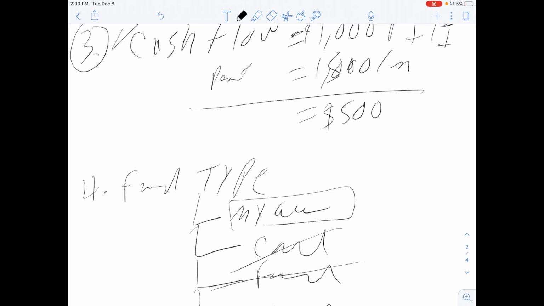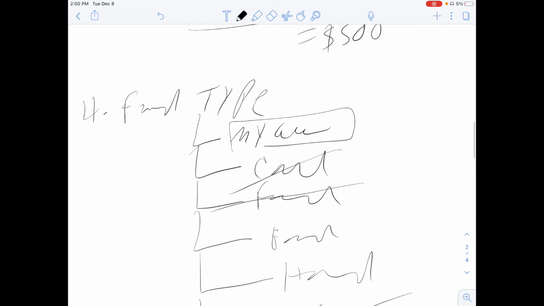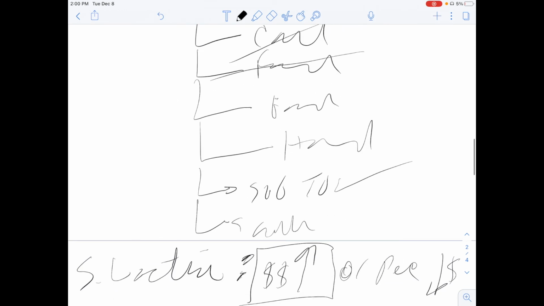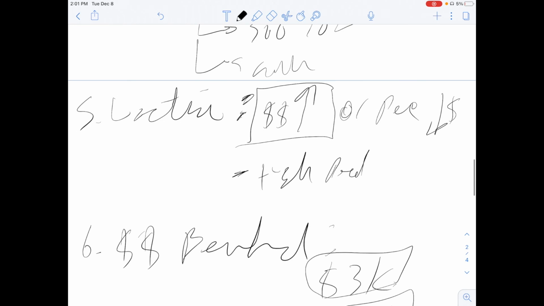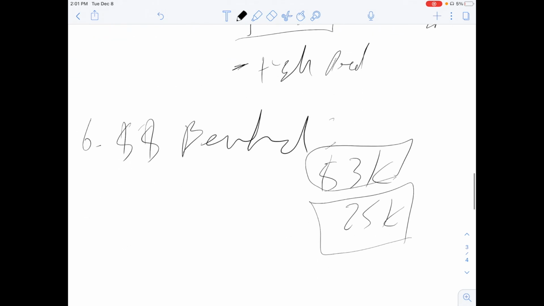And also the funding type. Is this where I have to bring the money in? Do I have to get a bank loan? Do I have to get private money? Do I have to get a hard money loan? Is this seller financing or subject to? All of that is going to determine the value of a deal, whether I keep it for myself or wholesale it. And location is very, very important. We all hear location, location. Is this a war zone versus a beautiful area with nice schools?